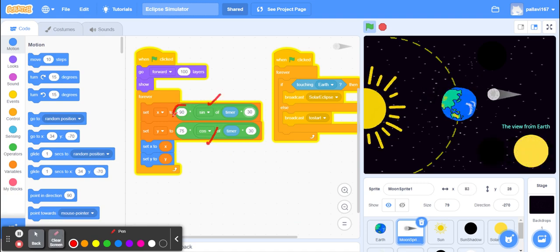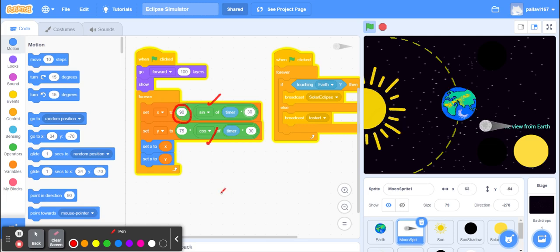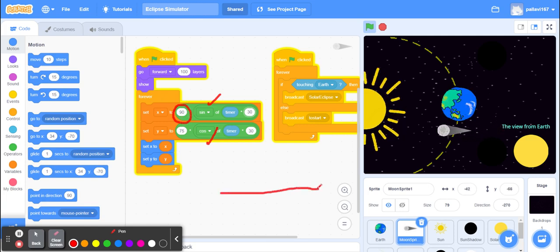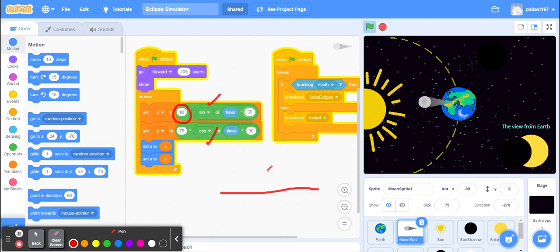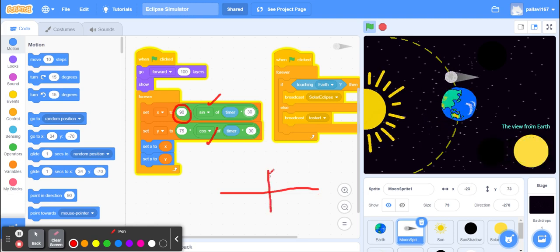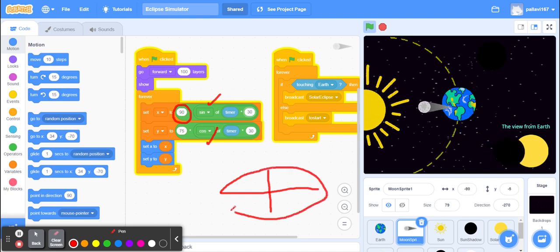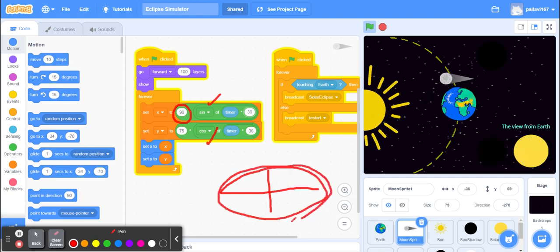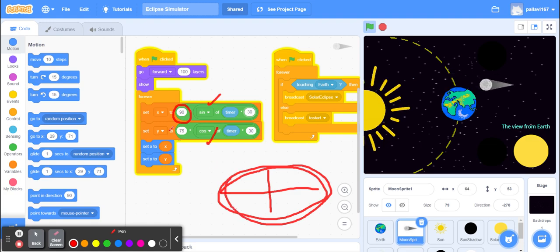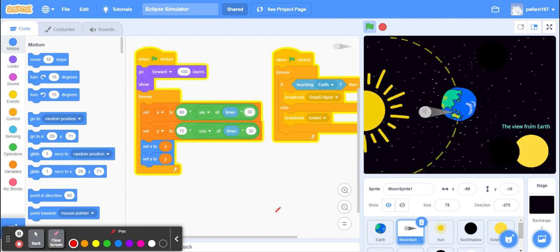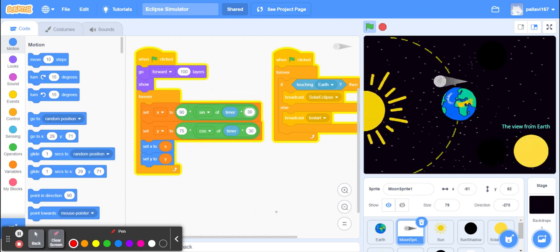Now here, along the x-axis, we are keeping the distance of 90, and along the y-axis we are reducing the length, so that is going to be 75. Why are we reducing it? So that this becomes an elliptical orbit. If you want to make it a circular orbit, then these two numbers will be the same. Okay, so this is the formula that we are going to write in order to make the moon revolve around the